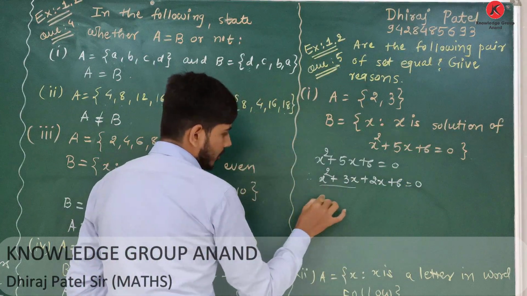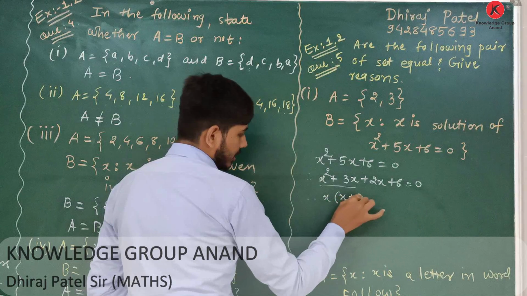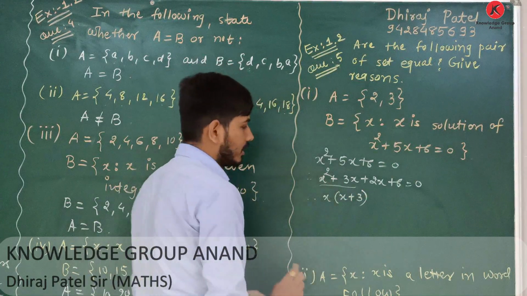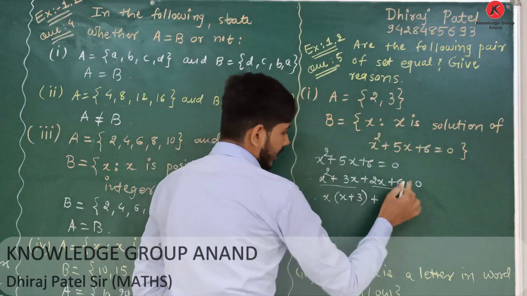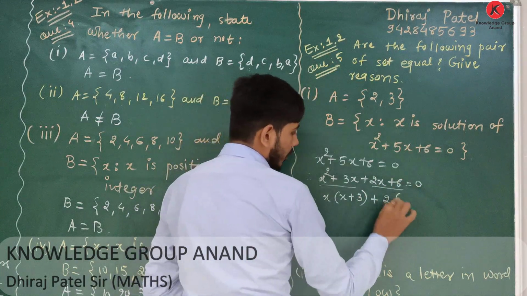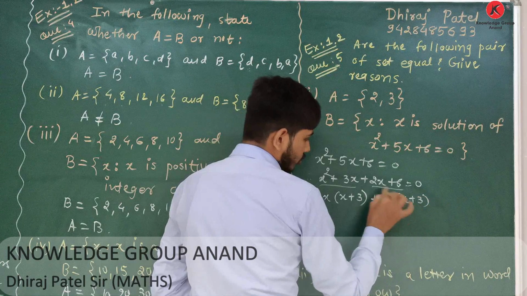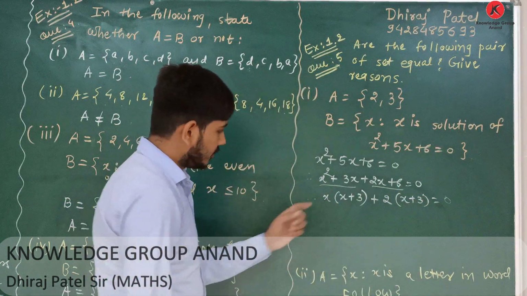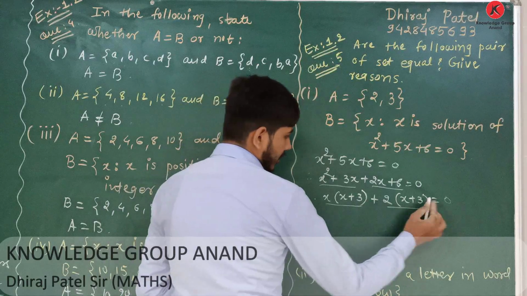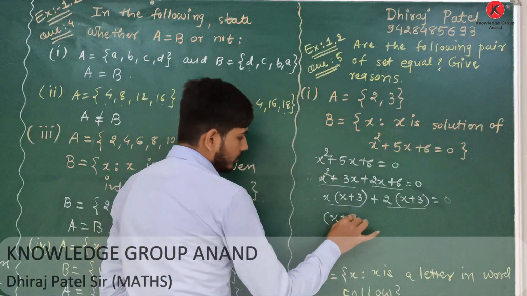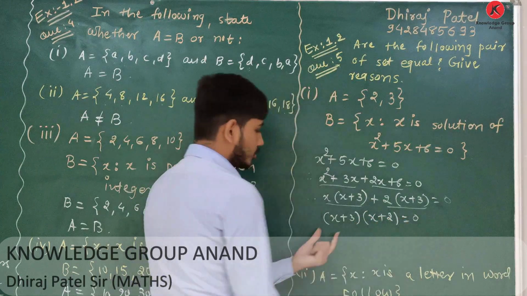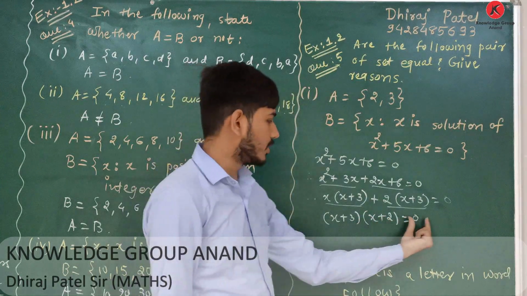Now, taking x common from the first two terms, we get x plus 3, plus taking 2 common from the last two terms, the rest is x plus 3. Now, take x plus 3 common from both terms, we get x plus 3 into x plus 2